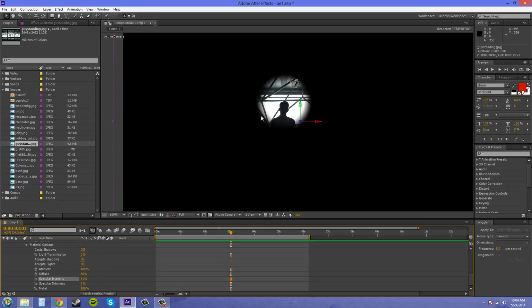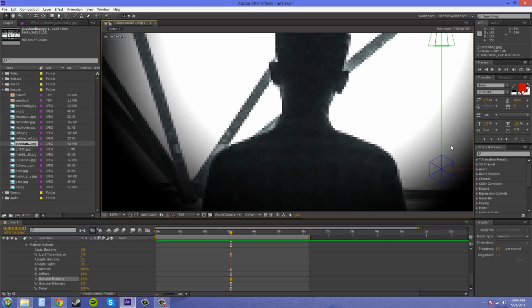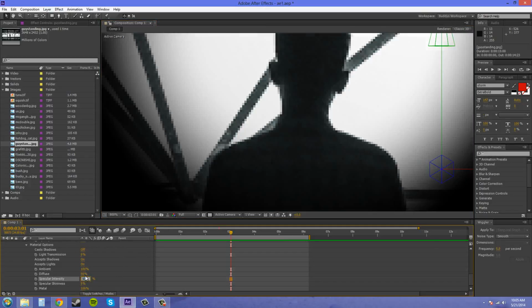And by the hot spot, if I zoom in here, you can see around this edge here where that light is really hot. That's the hot spot. I'll set that back down to what it was at 50. And lastly,